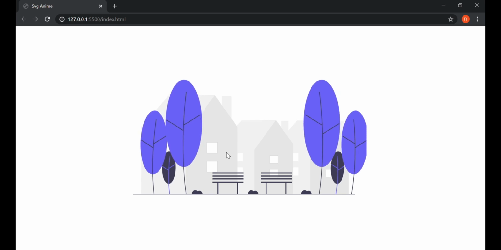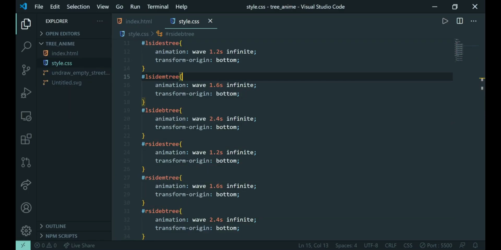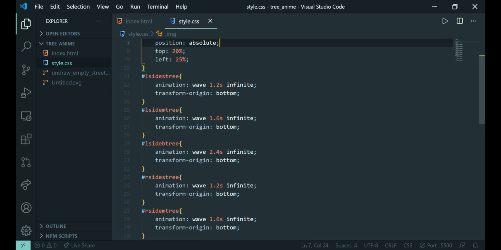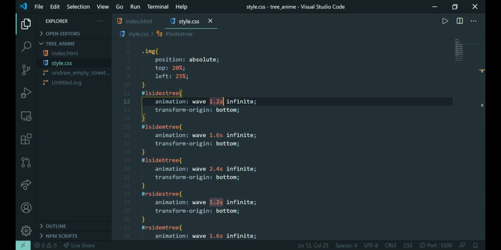Cool, our tree is animating very well, but still we need to give something like we don't want that the motion should be fast at beginning or it should be fast during end.